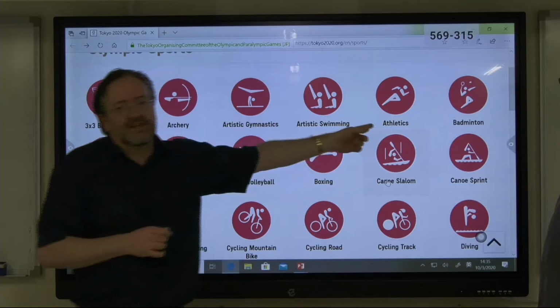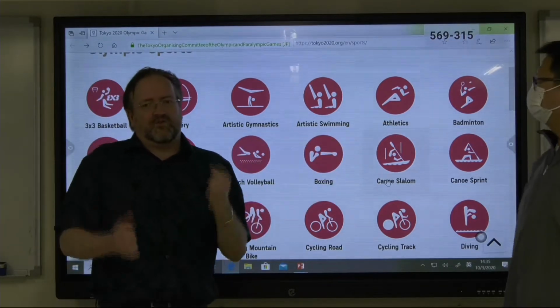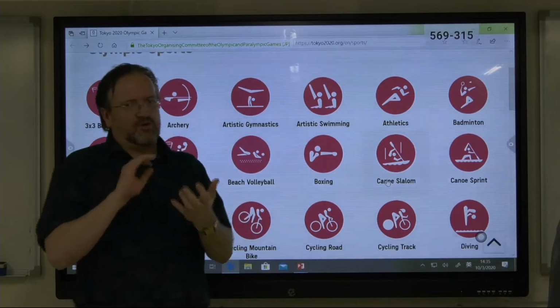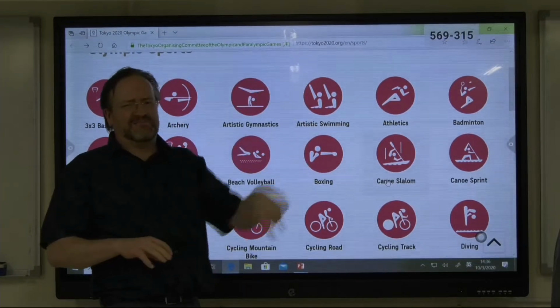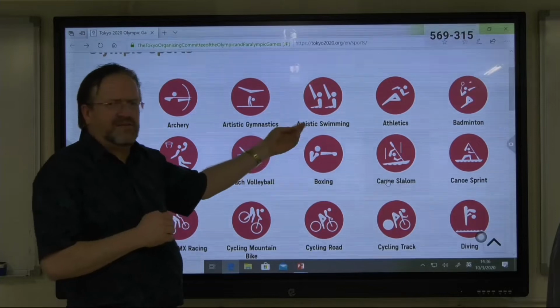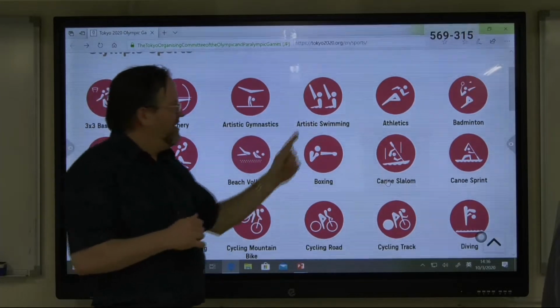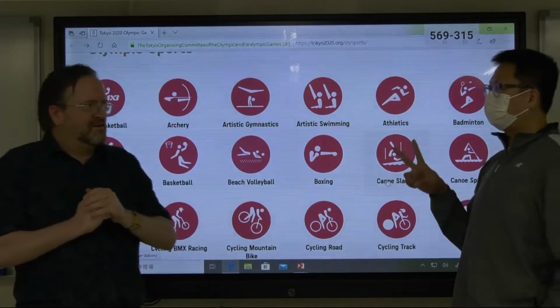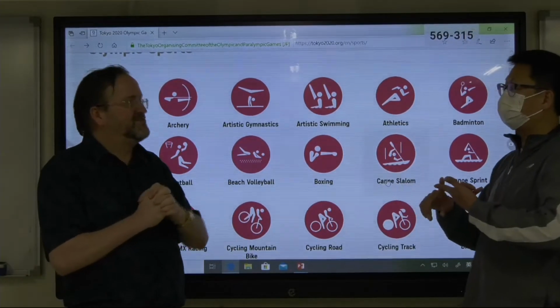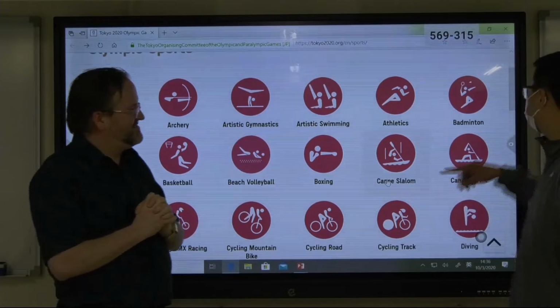Athletics, of course, you know this one. The athletics are all the running sports. So, 100 meter, 200 meter, then the 3,000 meter run. I think there's about 15 or 16, maybe more, different runs. And they are categorized into 2 big fields. One is field, one is track. Track and field, okay.